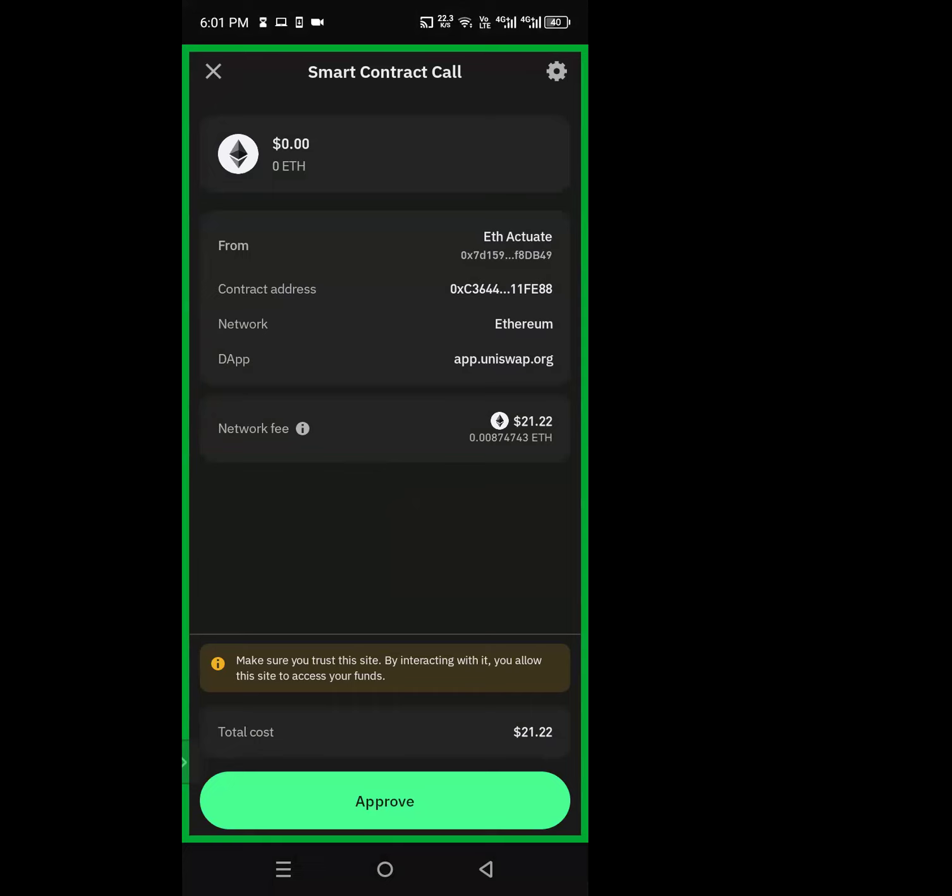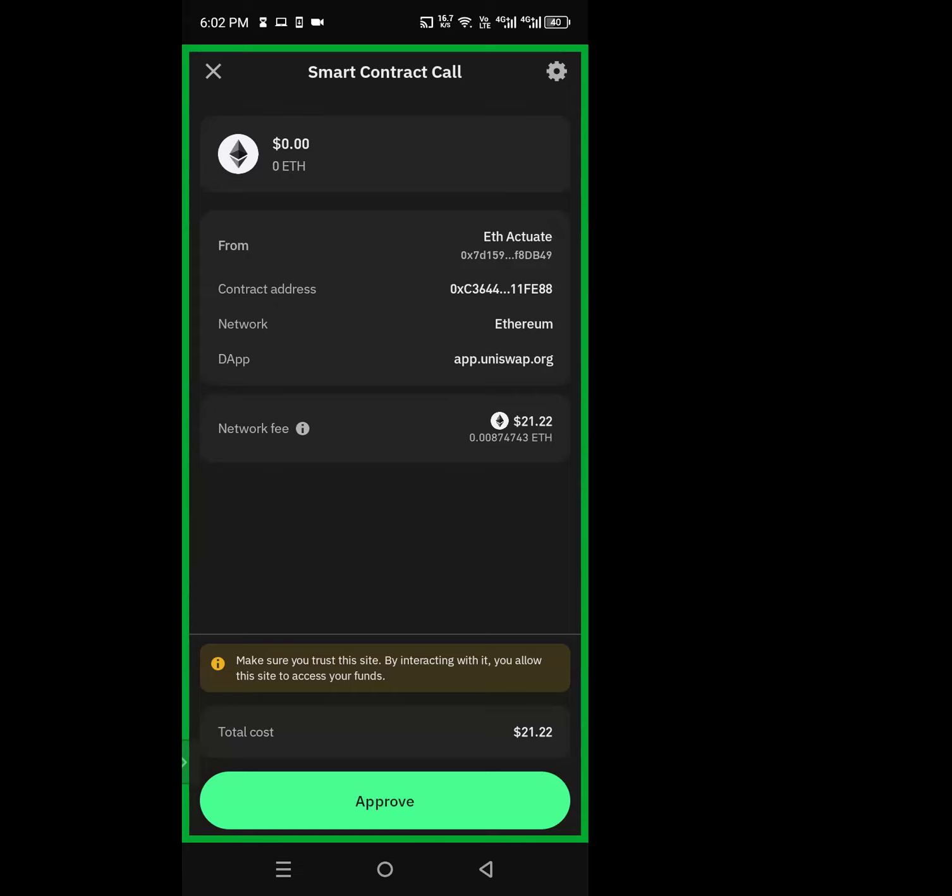And then it has given me another approval. I'm required to approve again, and this time it's charging me $21. A second approval, by Uniswap. Oh, this is new. Didn't know that. So Uniswap takes $21 for you creating liquidity pools with them. They didn't have that. They have kind of built it.